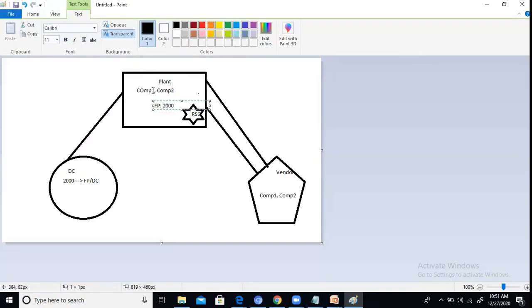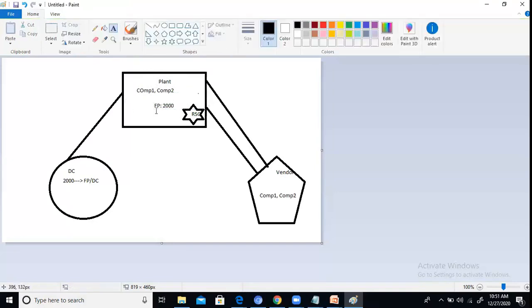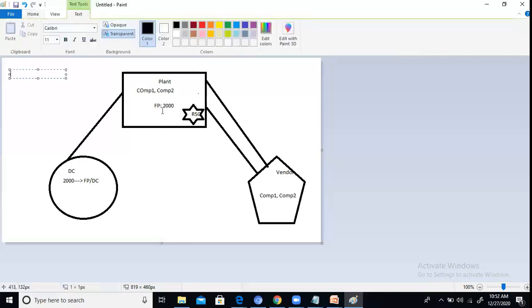Once the 2000 quantity is done, it's going to be distributed to the respective DC centers with the help of deployment and TLB. This is the process. If you watch this scenario, in this scenario,